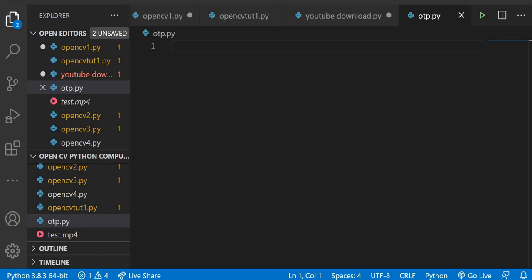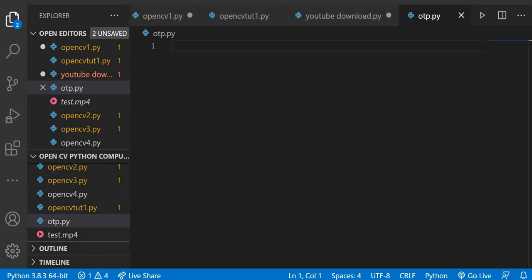So in this video we will see how we can generate OTP with the help of Python. The steps are very simple. First of all, you need to import two libraries, math and random. After that we will make a function, and in that function we will give the following numbers with the help of which we want to generate an OTP, and then we will use the random function to generate the OTP. So let us see how we will do so.